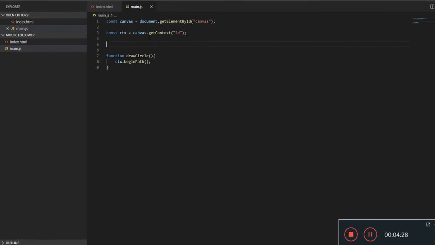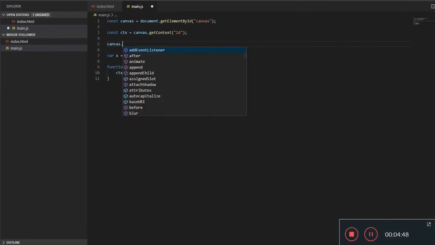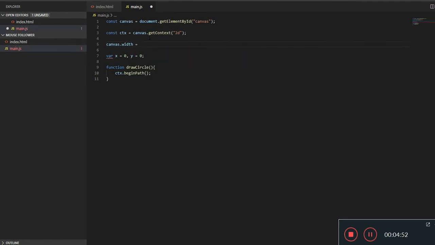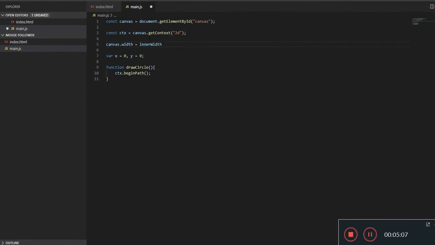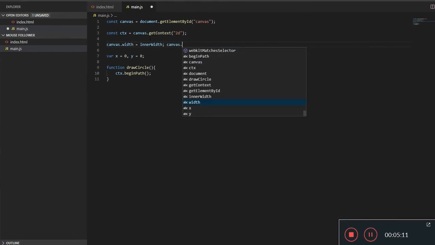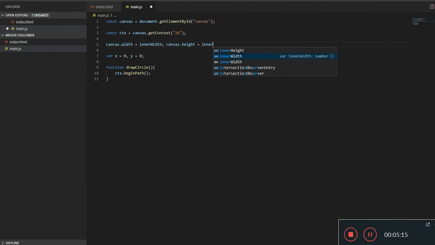Before going into the drawCircle method, we'll create some variables above here. The variables will be x and y. We by default set these two values to zero, and we take our canvas and we change the width and height of our canvas. By default the width and height of the canvas is set to some default value that we need to change to our entire screen size. So how do we do that is by saying take canvas.width as window.innerWidth and canvas.height as window.innerHeight. So by this we are saying that canvas width will be my screen's width and canvas height will be my